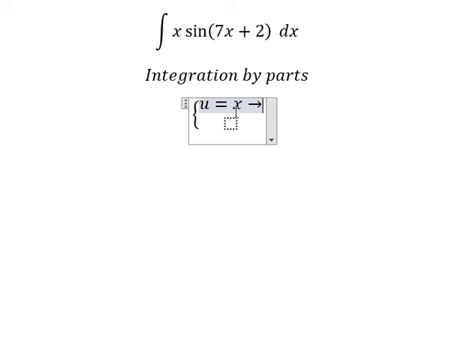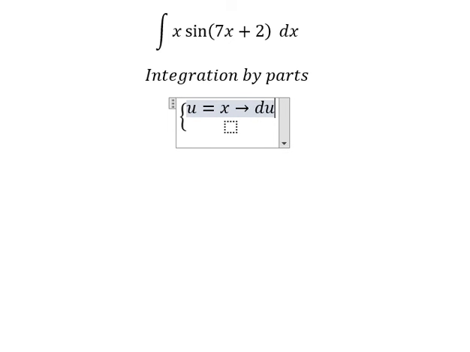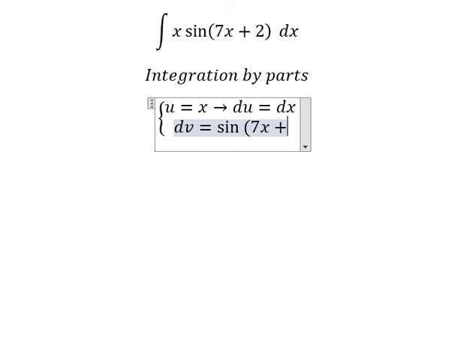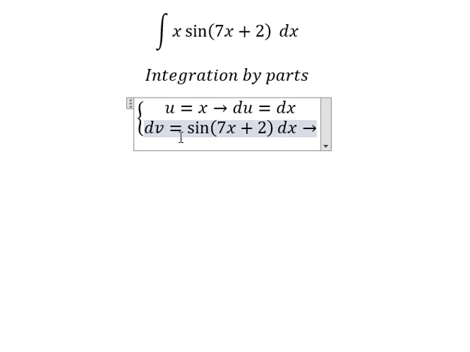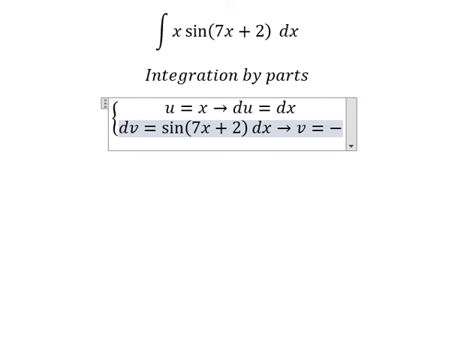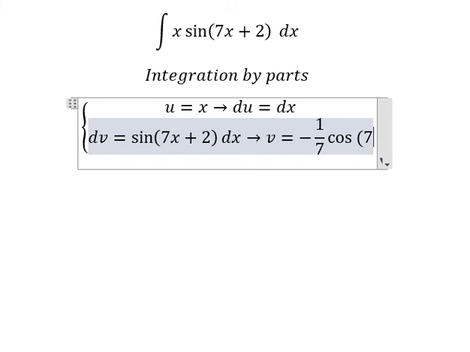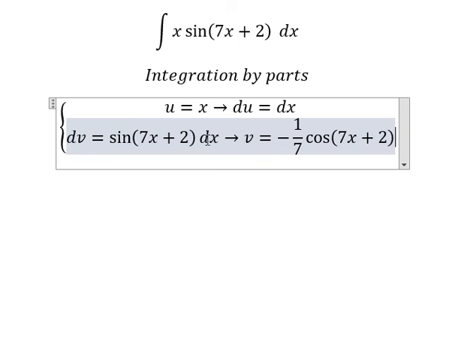Later, we take the first derivative of both sides. dv equals sine of 7x plus 2 dx. The integration of this one, we have v equals negative 1 over 7 cosine of 7x plus 2. If we do this integration in here,